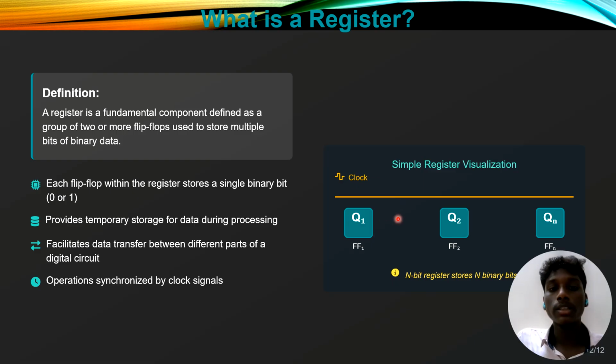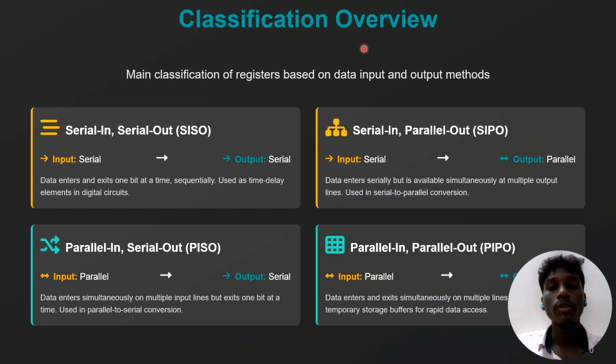This simple visualization shows an n-bit register where each flip-flop (FF) stores one bit, controlled by a common clock. Classification overview. Registers are mainly classified into four types. They are serial in, serial out (SISO); serial in, parallel out (SIPO); parallel in, serial out (PISO); and parallel in, parallel out (PIPO). In serial in, serial out, SISO, the input we have to take serial and the output will come